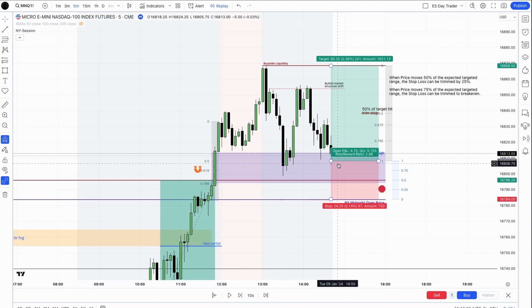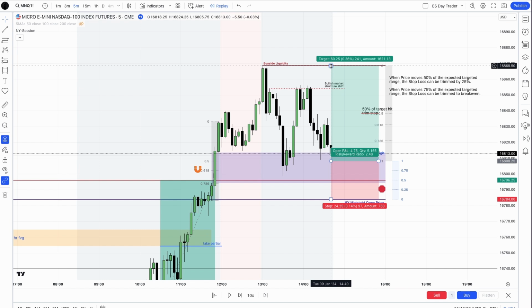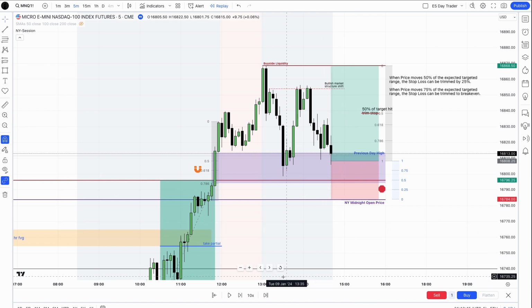Now, if we take this trade and we target this buy side, it's a decent return. But it's already moved down and fell apart in terms of what we are looking for it to do.